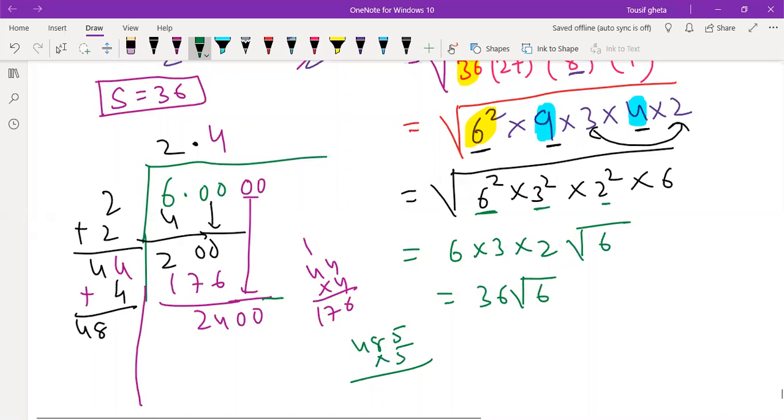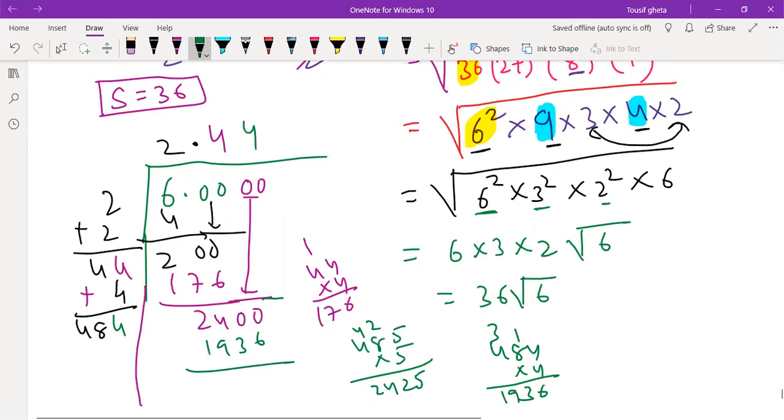5 8s are 40, 42. 4 5 5s are 24. Oh, 5 also is more than that. So 4 only will be good. 4 only will be good. 484 into 4: 16, 32, 33, 19, 1936. So let us take 3, 9, 10. 4, 9 minus 3 will get 6. 3 minus 9 will not go, 1. 3 minus 9, 4 and 0. Take another 2 zeros down.